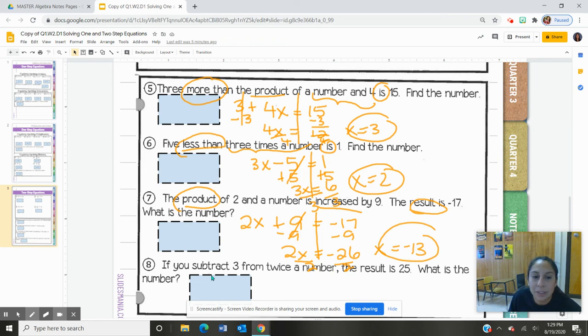On the last one, if you subtract 3 from twice a number, so we're taking away 3 from twice the number. So you want to write twice the number first, and you want to subtract 3 from that. The result is 25. So same process, get rid of whatever's being added or subtracted. So the opposite is plus 3. Add 3 over here. So 2x is equal to 28. And lastly, divide by 2. So x is equal to